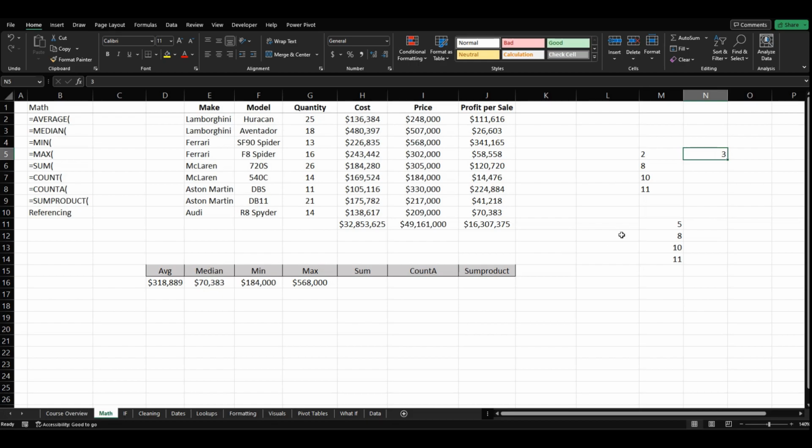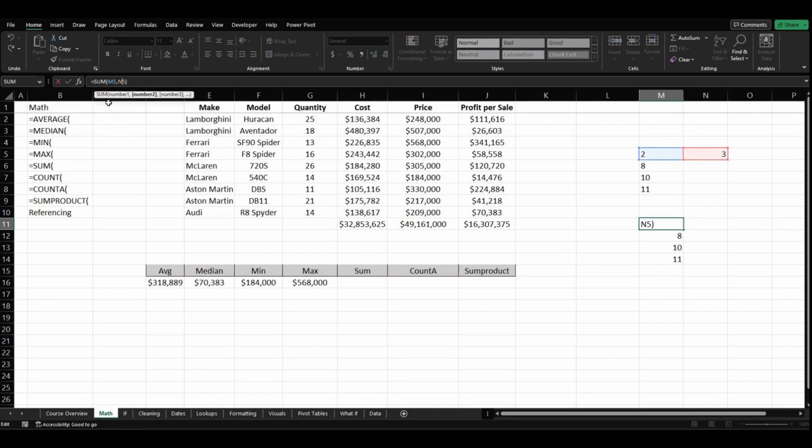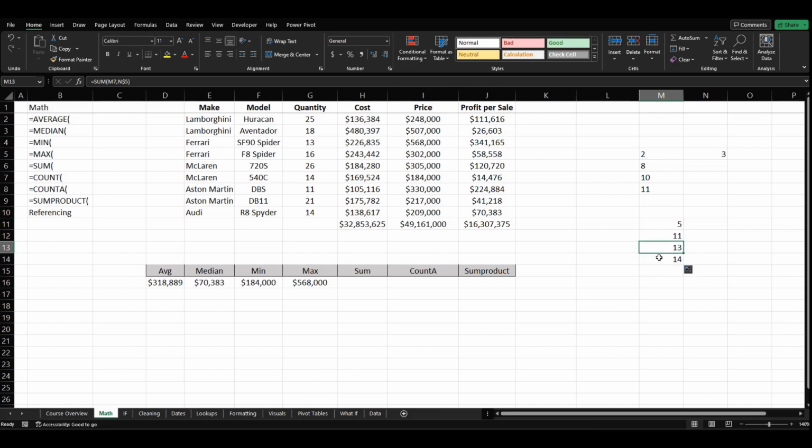Let's come here, and we have M5 and N5. If we come in the middle of N and 5 and put our dollar sign in right there, then see, now we have completely different numbers. Why? Because it stayed on that row 5. So that's just a little bit of